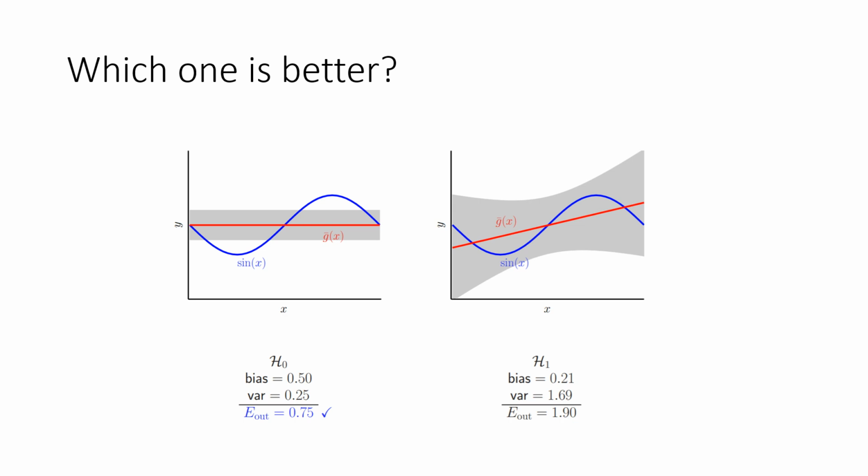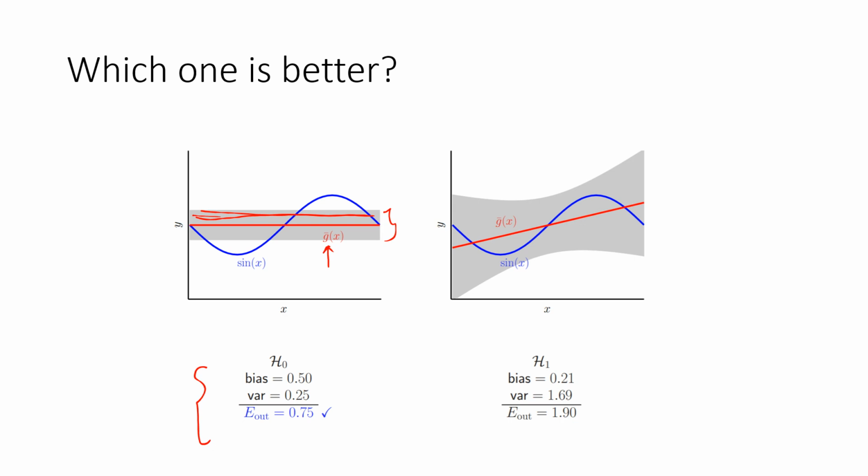So let us continue comparing our two hypothesis sets. Essentially, in our earlier example with 2 points, to get the bias and variance, we have to repeat the analysis many times with many data sets, because it's the average that we are trying to get at. So we looked at that earlier. And finally, for hypothesis 0, we get these results. This gray region signifies all the hypotheses G1, G2, G3, and so on that we got in order to calculate G bar of X. And this is the calculated bias and this is the variance.